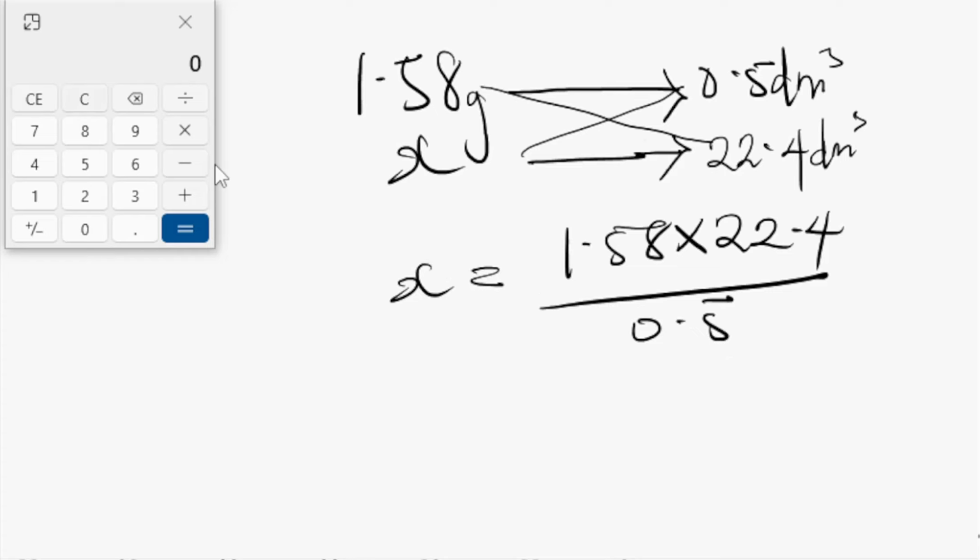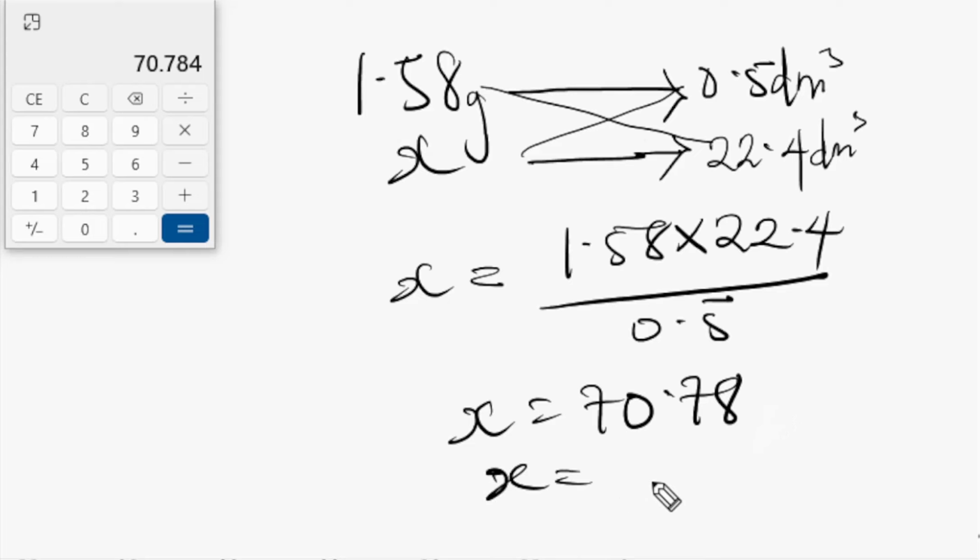So 1.58 times 22.4 over 0.5. So guys, that's 70.78, and this is approximately 71